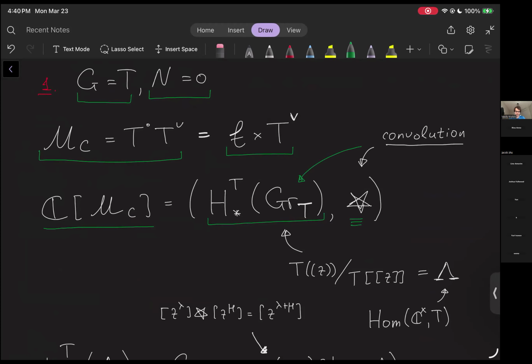So do you assume that people are familiar with this convolution construction? Right. So I will say yes. Of course, I'm not assuming, but